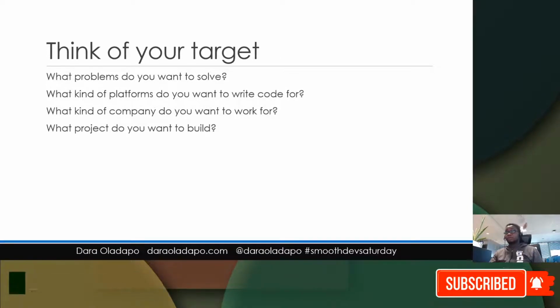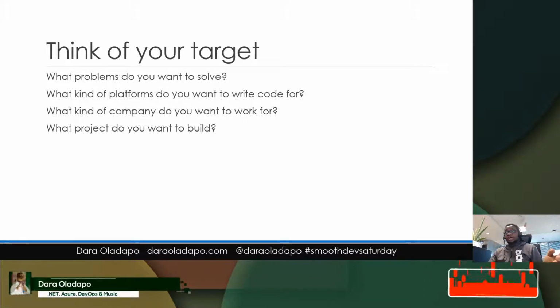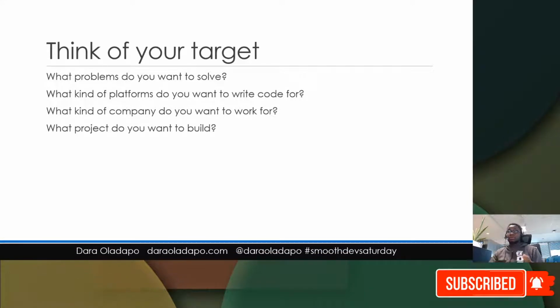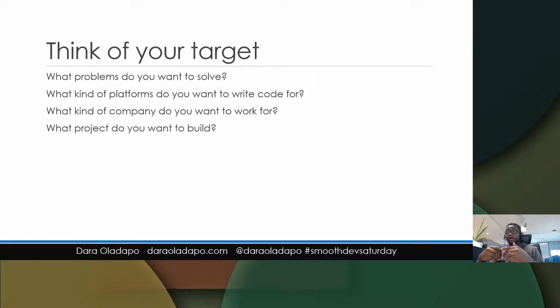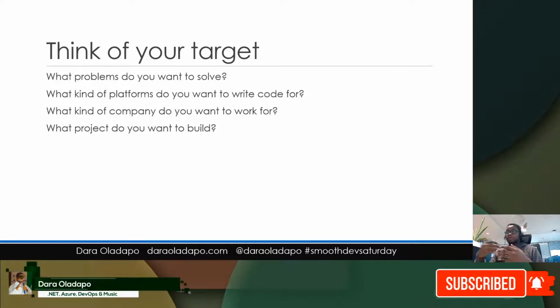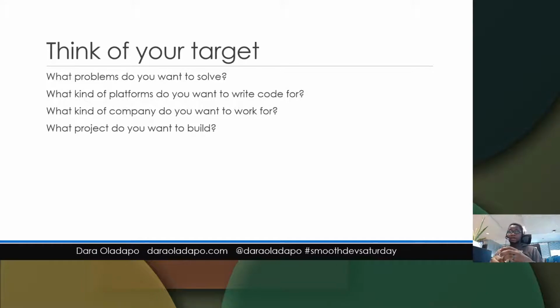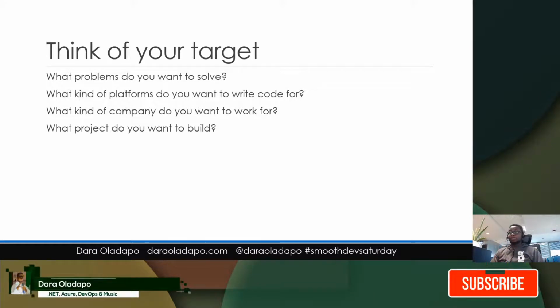Let's say you just want to write for Windows alone. Your language will probably be C Sharp or VB or F Sharp, as the case may be, or maybe even C++. If you want to write for Android, you pick languages like Java, Dart, or Kotlin. So the platform you want to write for will determine the kind of programming language you will actually have to write.